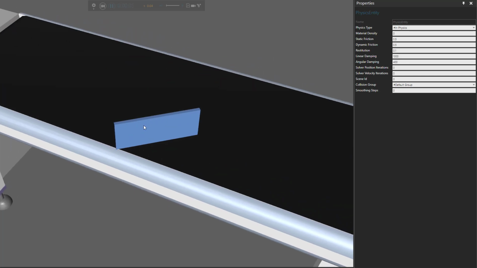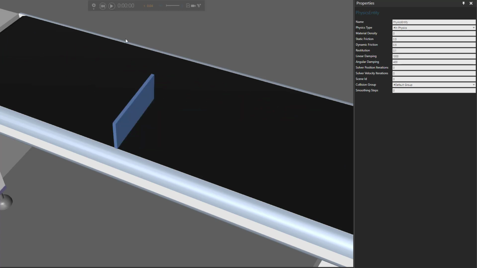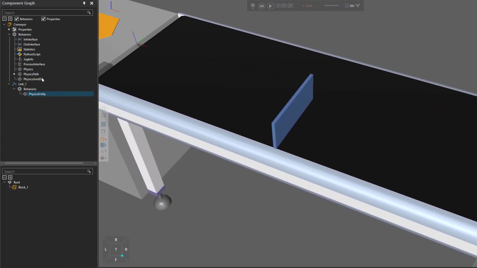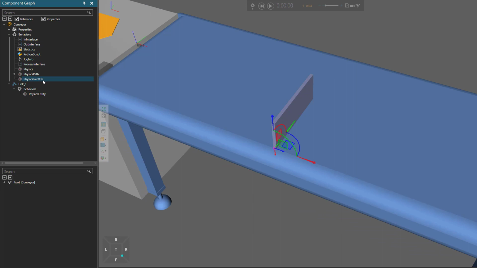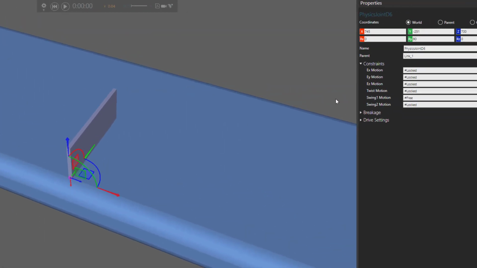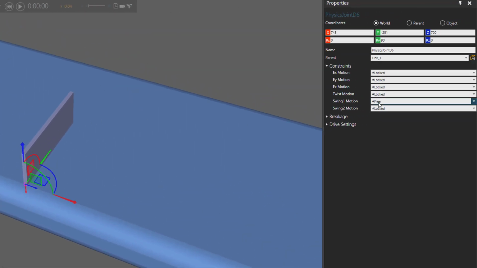And you can see the block does move, but its joint doesn't have any setup right now to say, okay, once you go to here, swing back and stop at the rest position here, or the equilibrium. So let's see if we can get that to work. I'll reset, and then I'll go to the physics joint I added to the conveyor. So select the behavior. And then in the properties panel, instead of using a free setting for the swing 1 motion along our x-axis, let's set it to limited.